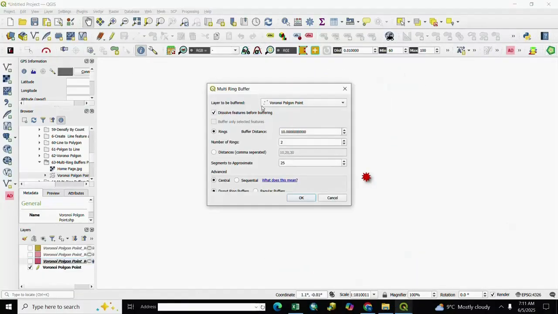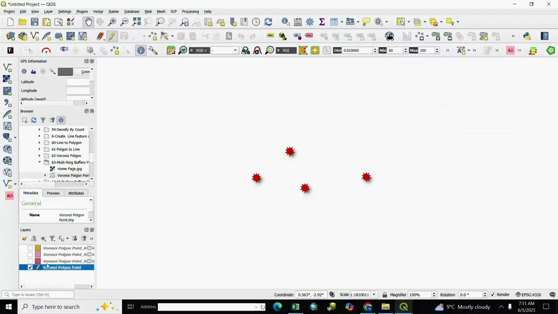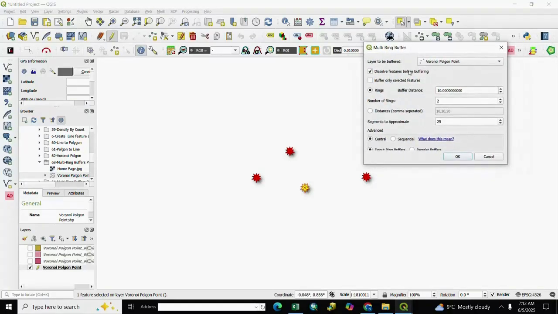we go to again multiple ring buffer and if you want to create a only selected point ring, for selected point ring we go to selection, select particular point and go to multiple ring buffer and then select here buffer only selected feature, and if you want to change distance you select it, we write here 5 then OK.